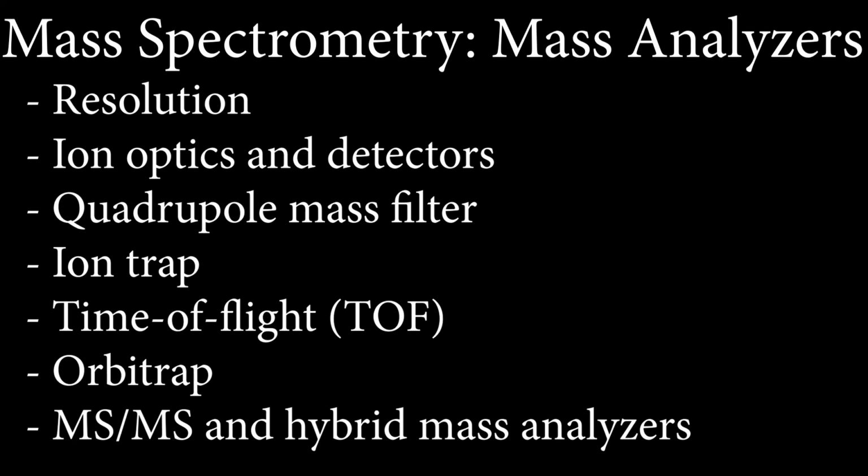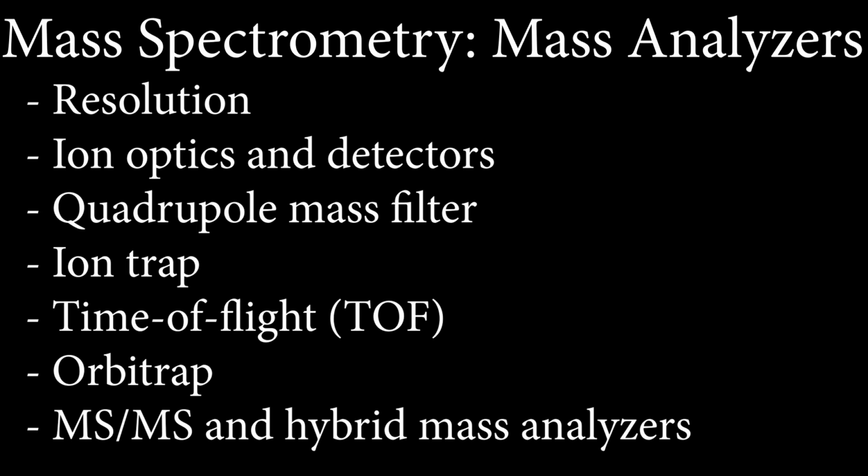We've talked about introduction to mass spectrometry and we've done ion sources. Let's move on to mass analyzers and related topics. We need to talk about resolution, ion optics and detectors, and then specific types of mass analyzers. There are a lot of different ones, but we're going to focus on the ones you'll see most of the time in forensics, and that would be the quadrupole mass analyzer, the ion trap, the time of flight, the Orbitrap,